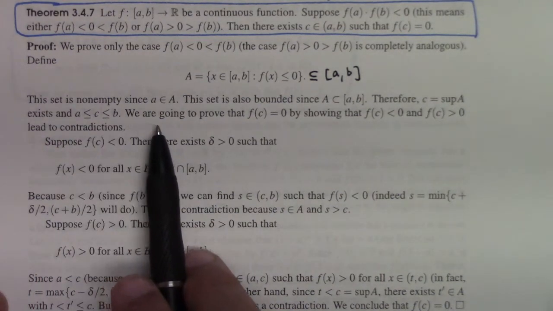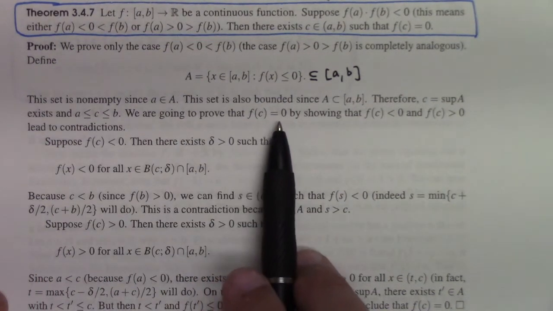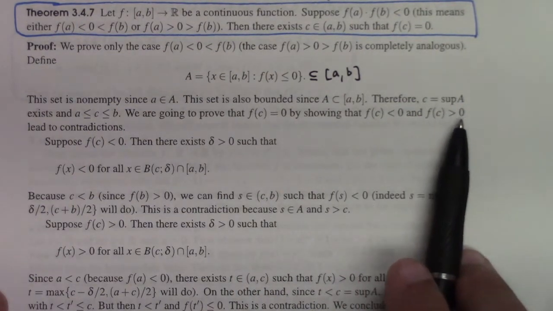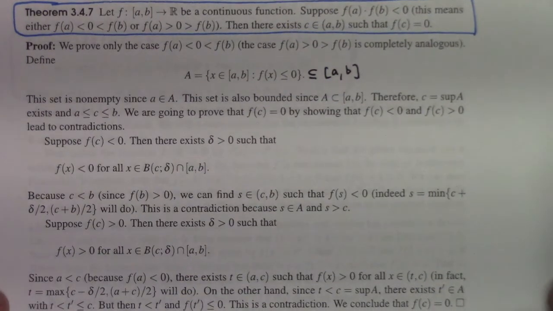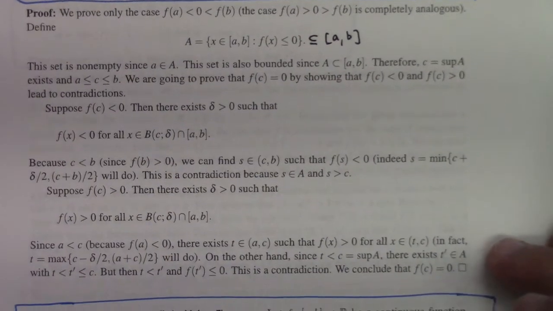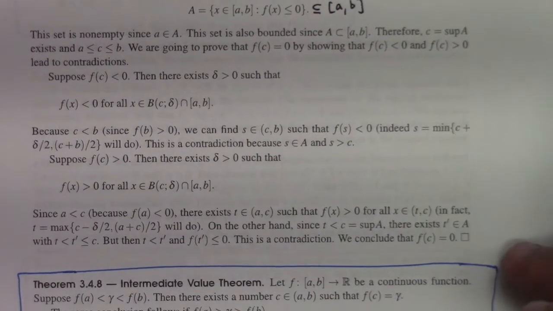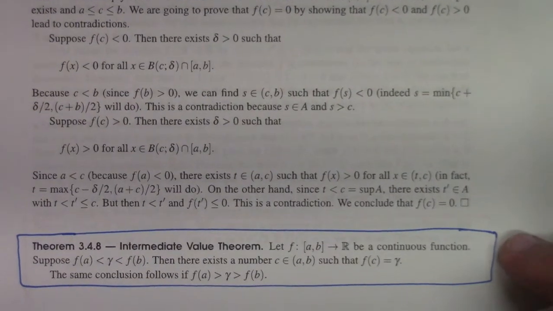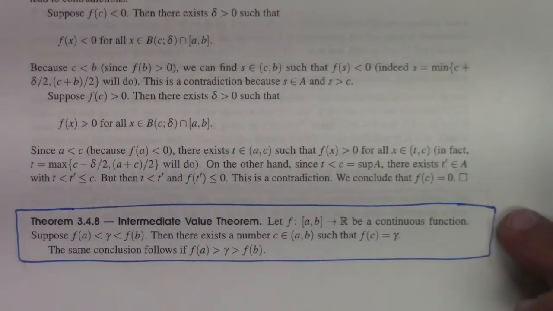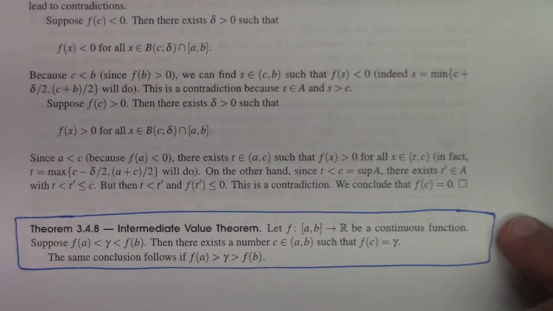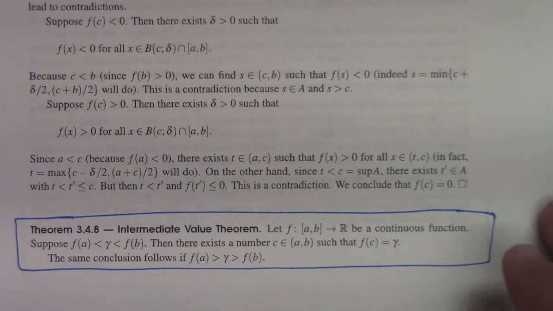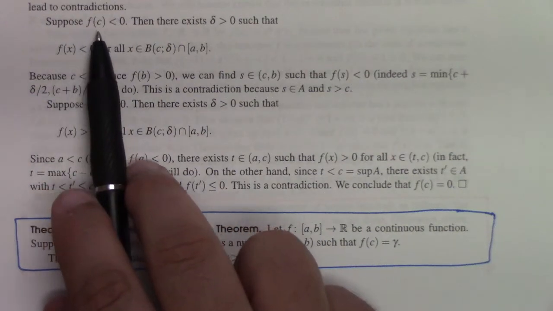All right, so we're going to prove that f of c is equal to 0 by showing that f of c less than 0 and f of c greater than 0 both lead to contradictions. Very nice. I think that's the same proof that I have in my Calculus 1 notes. It's been a few years since I wrote those notes, but I know I have a proof of Bolzano's theorem in my Calculus 1 notes, and I think this is the proof that's there as well. Which I might well have found in Apostol's Calculus. Anyway, f of c less than 0